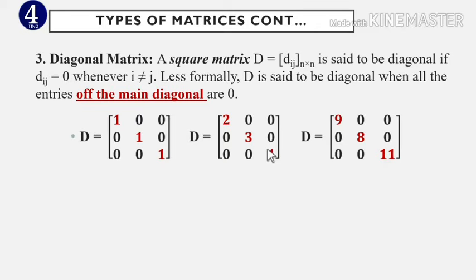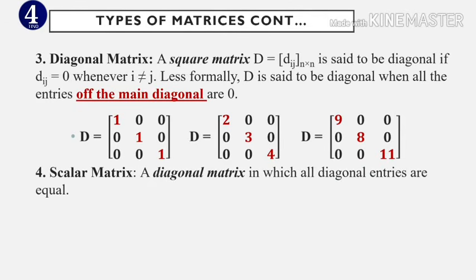ሁሌም አንድ ብቻ ሳይሆን any kind of number is possible, but the criteria is other than this diagonal ከዚህ ዲያጎናል ውጪ ያሉ ነምበሮች በሙሉ ዜሮ ሲሆኑ we call it a diagonal matrix እንለዋለን ማለት ነው። So እዚህ ጋም ዲያጎናላችን ይሄ ነው። So of the diagonal ከዚህ ዲያጎናል ውጪ ያሉት በሙሉ ደግሞ ምንድናቸው? ዜሮ ናቸው ማለት ነው። So we call it a diagonal matrix እንለዋለን ማለት ነው።